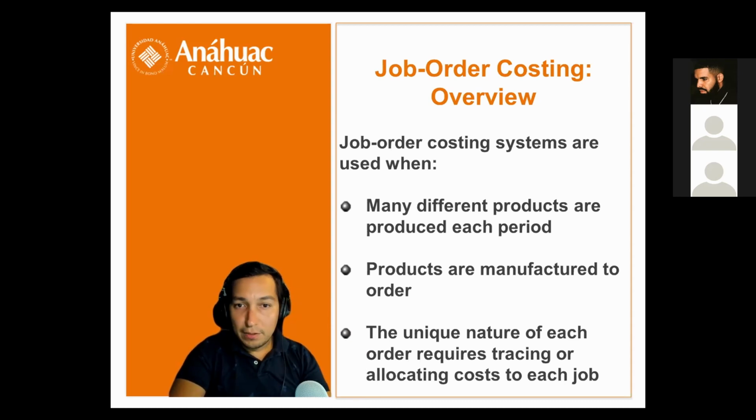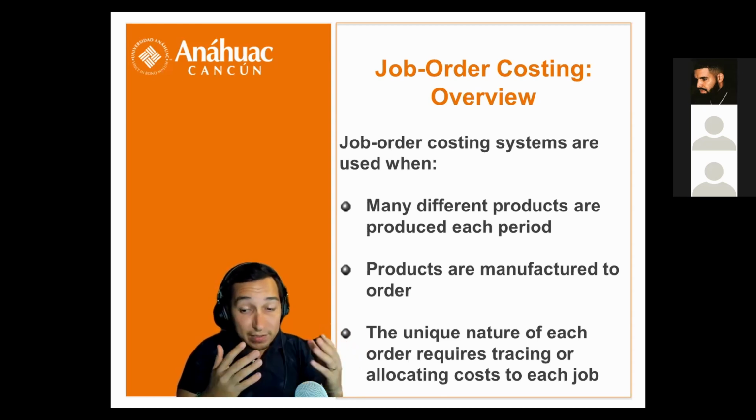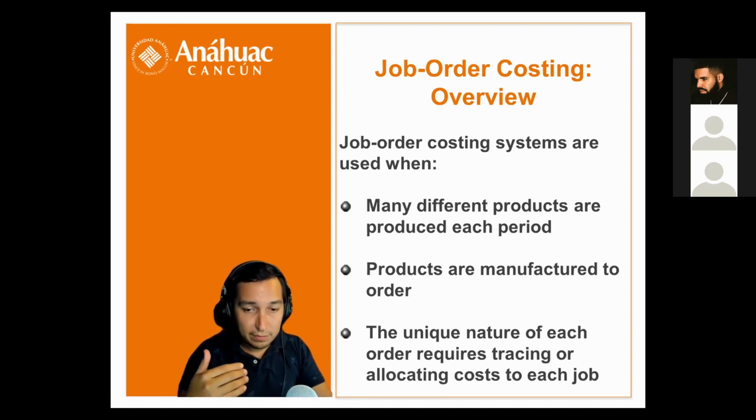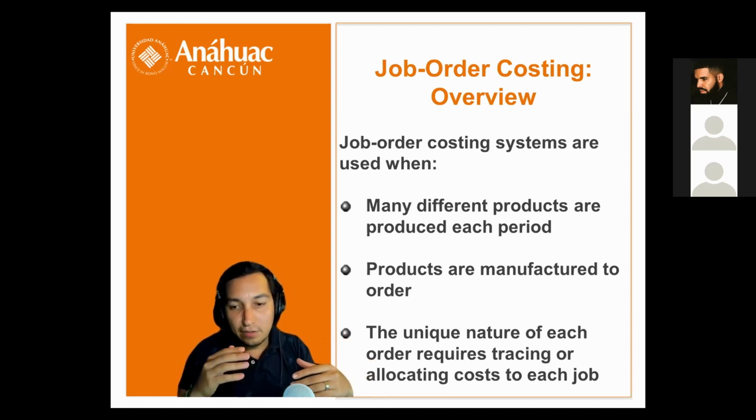So job order costing systems are used when we are making many different products. Probably those products have something unique and different about them. And when we say products, that could also be a service, what I told you. The second point here, products are manufactured to order. So we are not making tons and tons of the same thing. We are making something a little bit different each time, something that can be made to order. Or like I said, it could be even a service, and number 3,